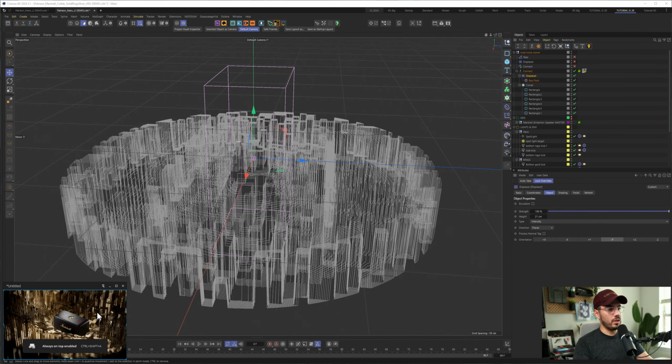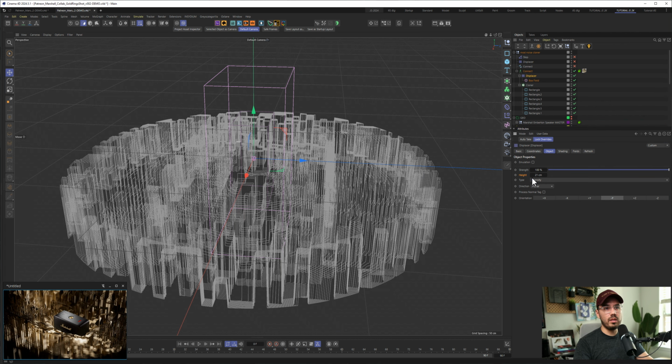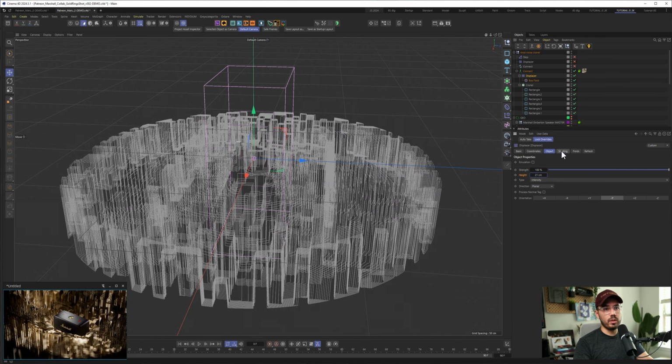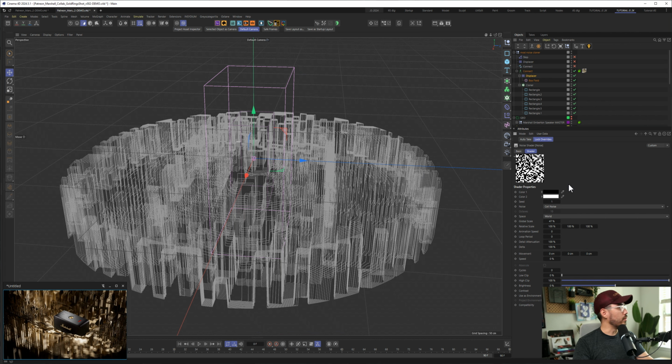All of these shapes that you can see here on the frame, I am doing that by simply displacing the splines here. And if we go, you can see that there's a lot of height in the displacer. So it has a lot of power applied to it. And then under the shading,